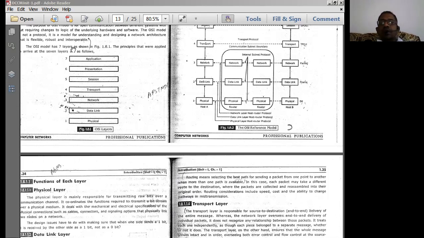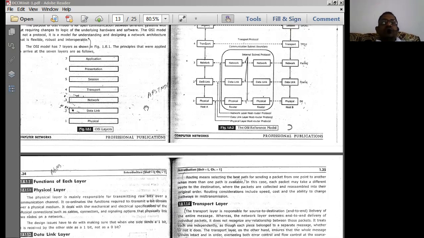But whenever a communication starts from source to destination, the layering implementation starts from the application layer, because we have to send some application through a network. That application has to be processed through all these layers until the physical layer. The physical layer of our computer is simply connected to the appropriate network connection. Then it is transmitted through the network, via the intermediate layers, and reaches the destination. And the reverse happens at the destination.